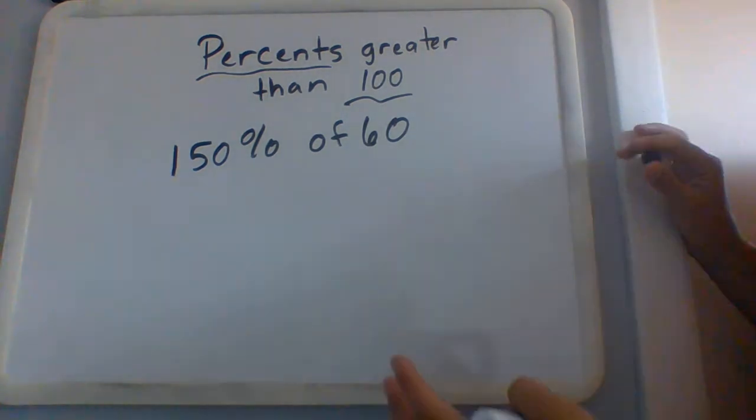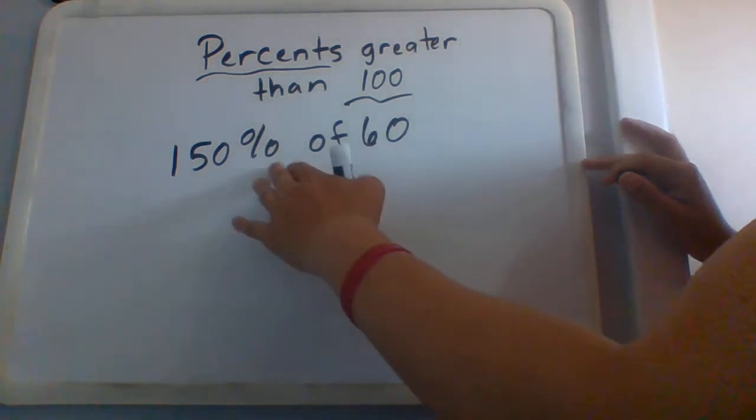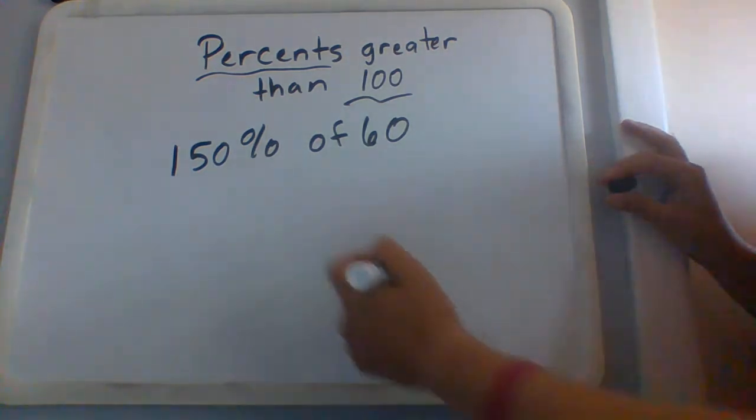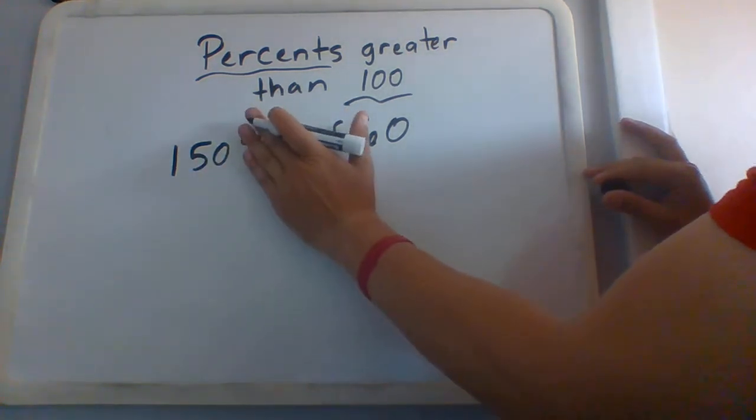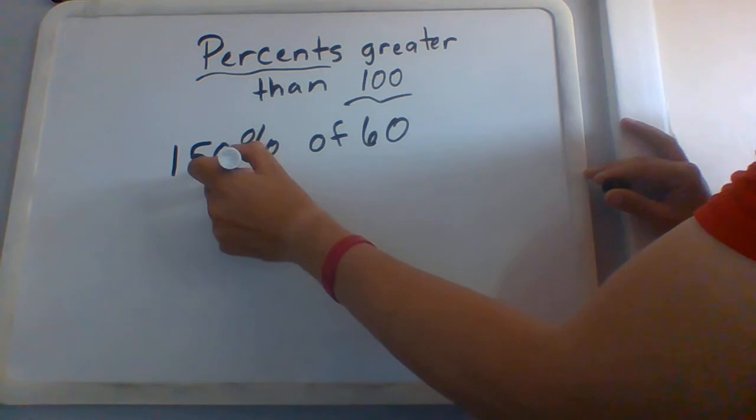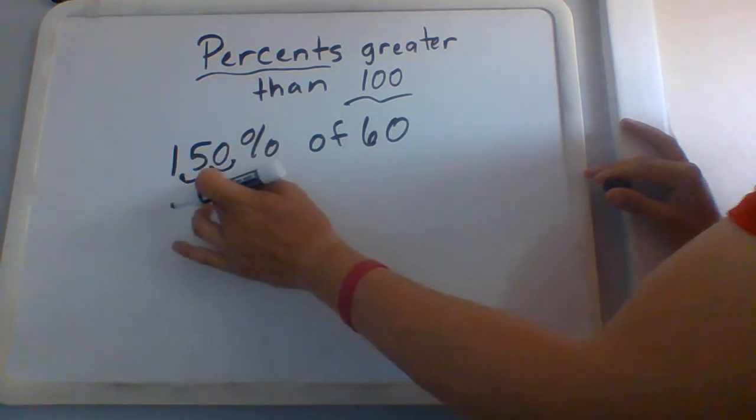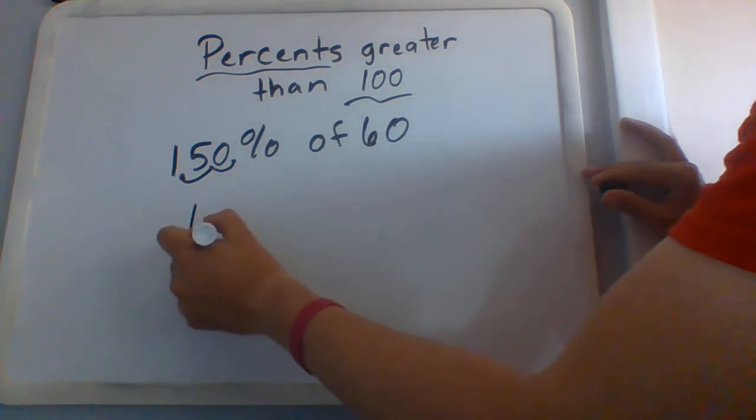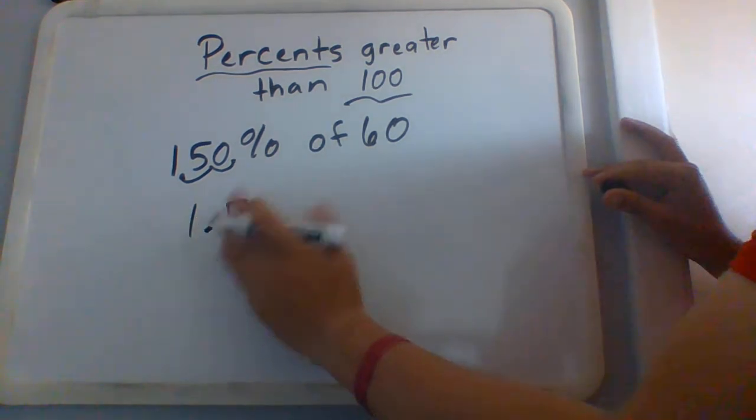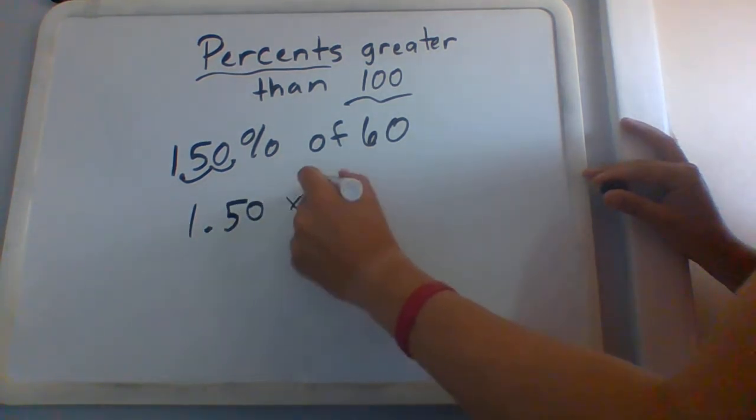So just like the last video, in order to find the percent or what you're going to multiply, you're going to take this as 150 and you're going to move a decimal twice. So you're going to put a decimal there and move it twice. So you're going to have 1.50. So if I do 1.50, or just 1.5, times 60,